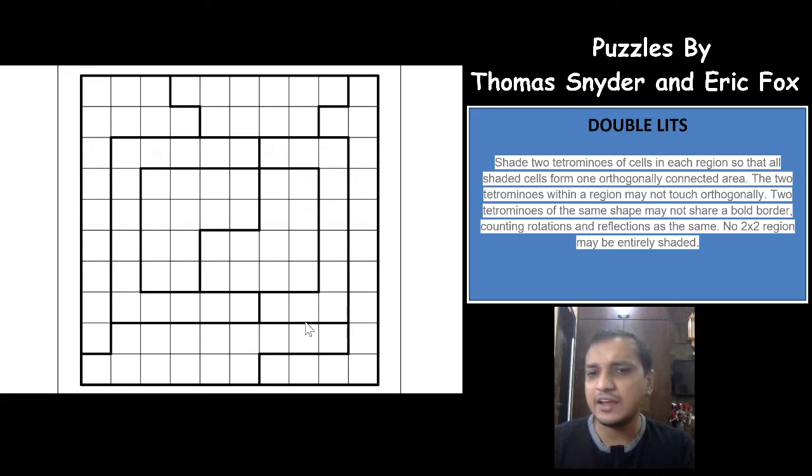So a minimum of 9 cells will have to be used, right? Which means that we'll have one cell as a degree of freedom, which means that you can at least shade 3 cells in a region. That is how I look out for a faster way to solve. So a minimum of 9 cells will have to be shaded.